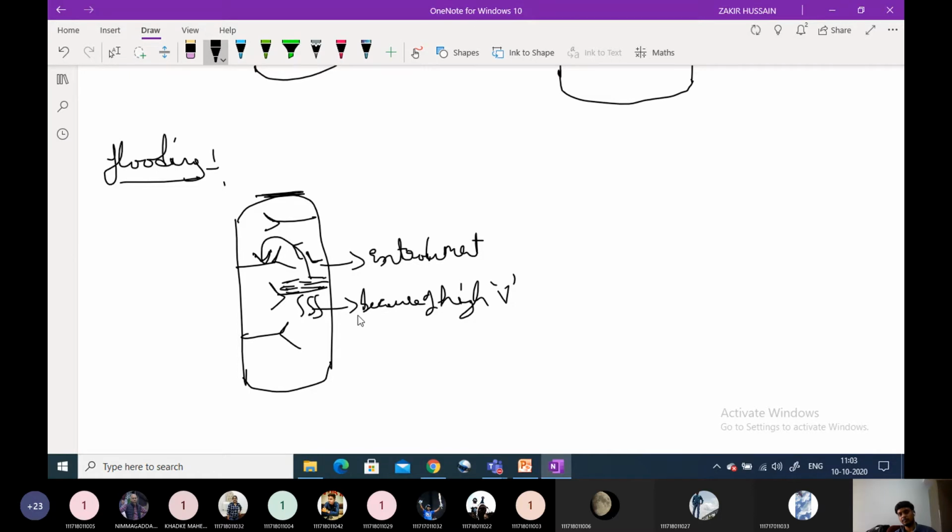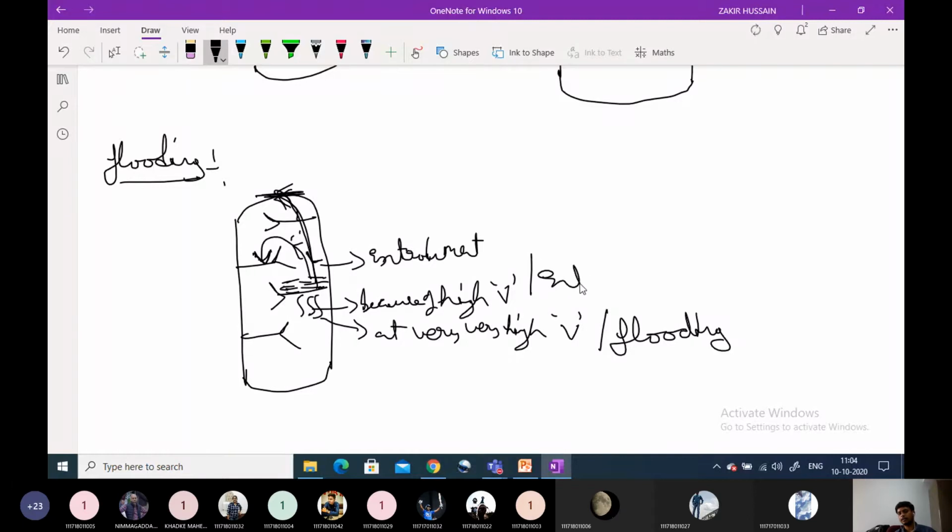When, at very high vapor flow rates, the liquid is carried not only to the plate above but to the very top of the column, so that all the liquid is sent back up the column, under this condition it is called flooding. At very high flow rates, when the vapor carries the liquid only up to the plate above, it is called entrainment.